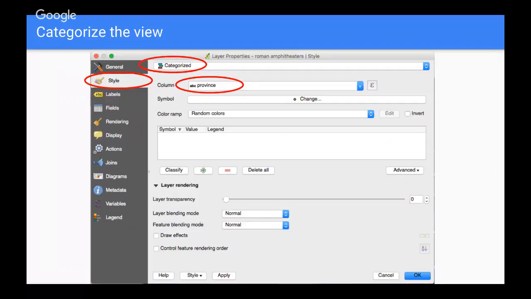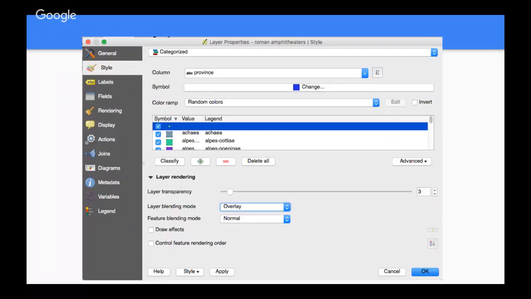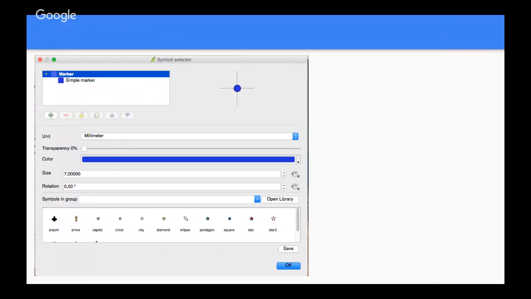And to do this, you will need to set a categorized style, and you will need to choose the column that represents a province. Then you would click on classify. Once you click on classify, it will show you a little preview of all the values and the names for each province. And you will also be able to set the symbol for each value, the color, the size, whatever, depending again on what you want to give more focus on.